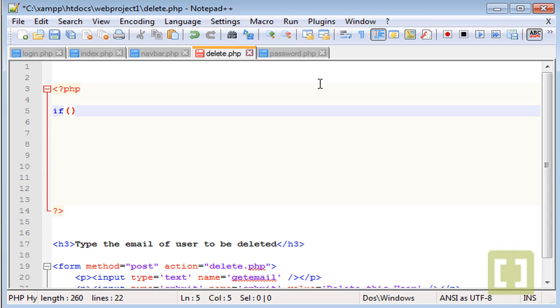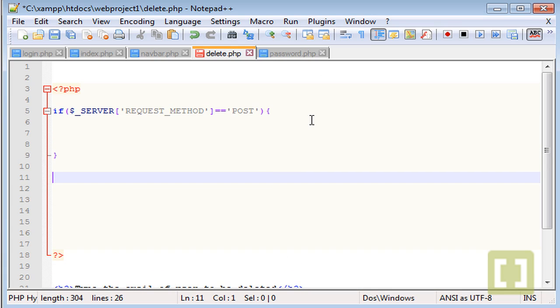So if server request method equals post, run this code,